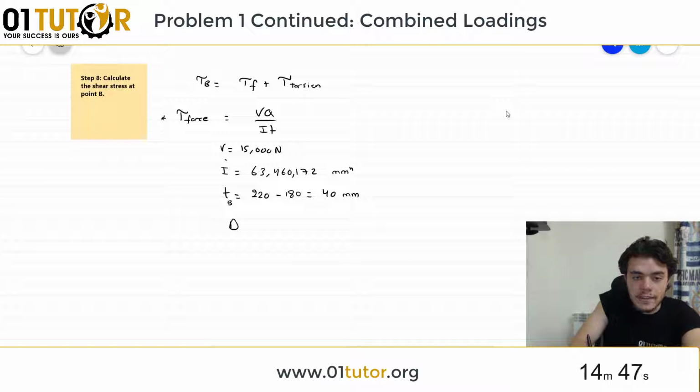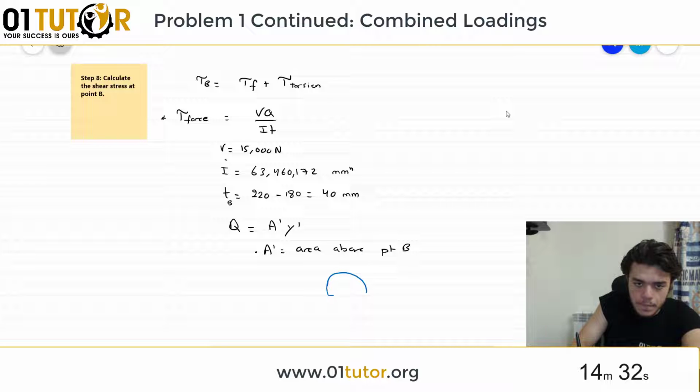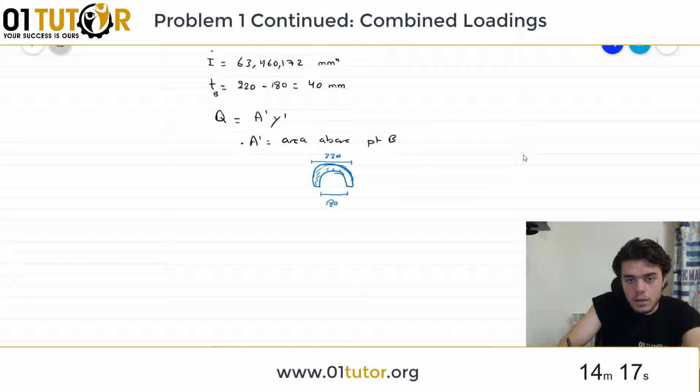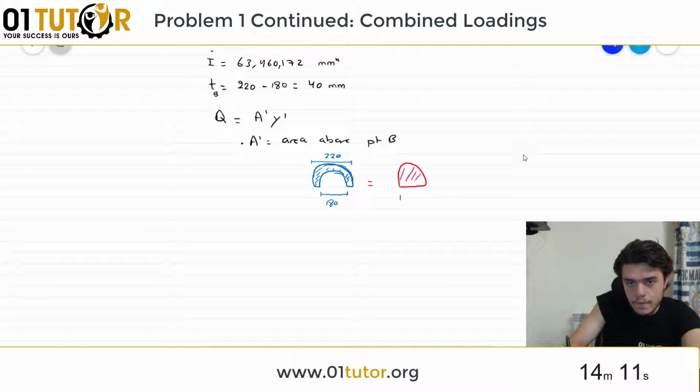Now there still remains to calculate Q, which is going to be A prime multiplied by Y prime. Now what's A prime? A prime is the area above, let's take it to be above point B. So it's going to be this area, the area of the solid part, where this distance is 180 and this distance is 220. So how do you calculate this area? We can write it as the bigger semicircle, which is 220, minus the smaller semicircle,